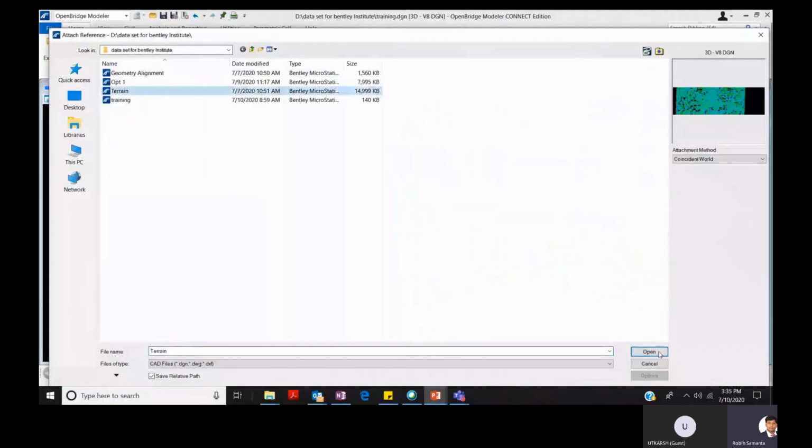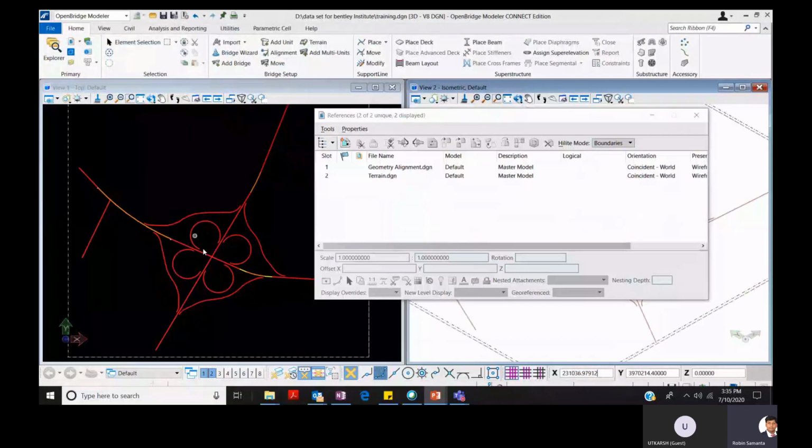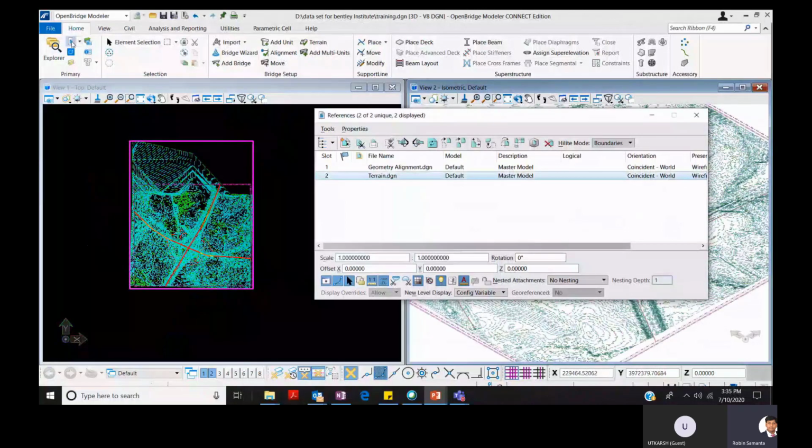And then we will attach the terrain model. So this is containing the existing ground level data, and it has also certain contours, triangulations as well. And I will show you how we can edit those files and use them with ease. So these are different files, and then also we will attach the corridor model right on top of it. So through attach options, you can actually attach it.